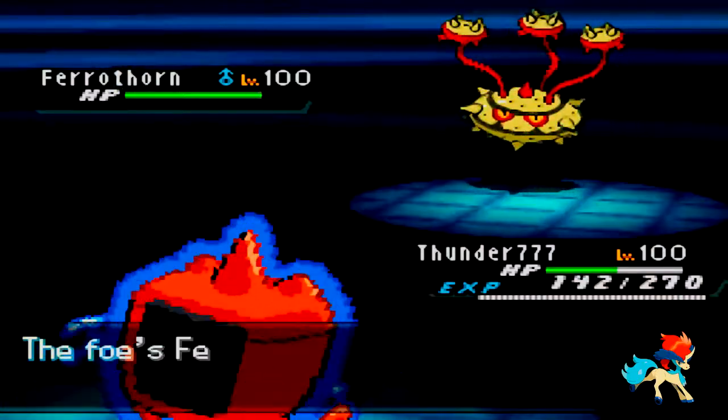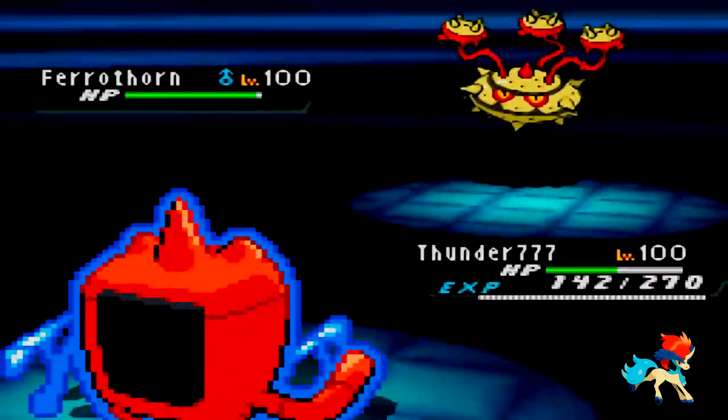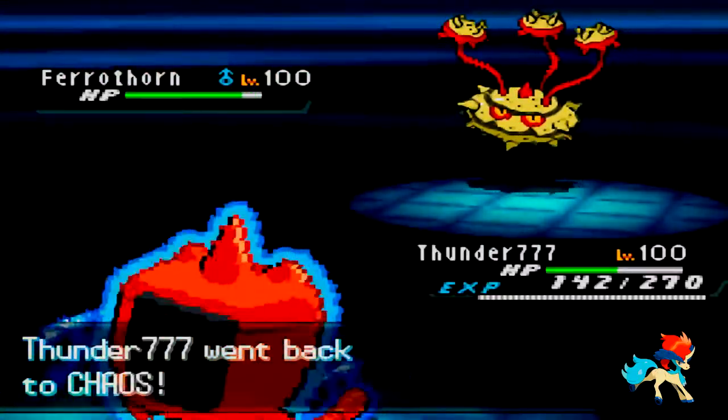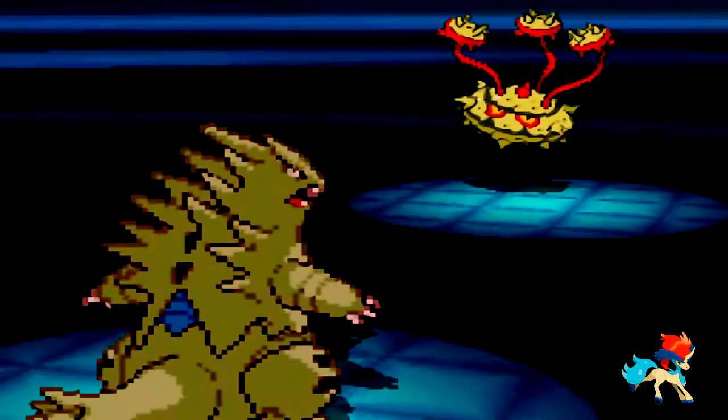me know what type of Ferrothorn this was, because I wasn't really all too sure based off the damage from the Earthquake earlier. It did look defensive, but I wasn't sure, so I just go for the Volt Switch here. I don't want to stay in. I know he's most likely just going to go for the Leech Seed, and I end up sending in my